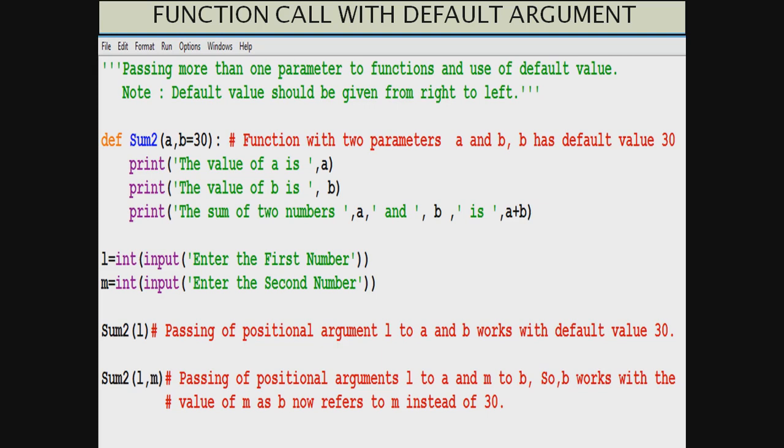So students, what is the whole situation? If a function definition has a default value, or I should say a default argument for a parameter, then that parameter works with the default value if we don't send a value for it while calling the function.